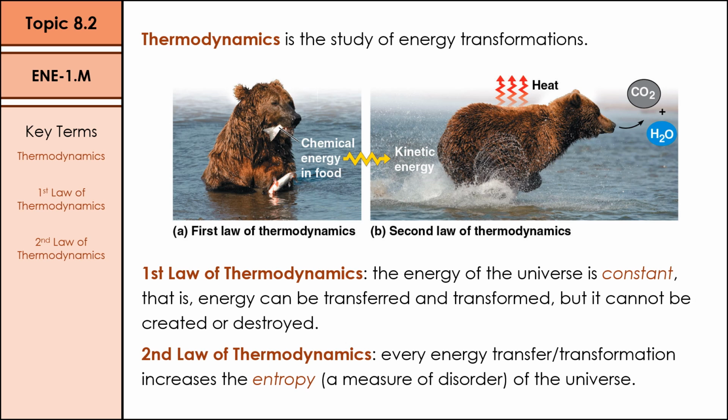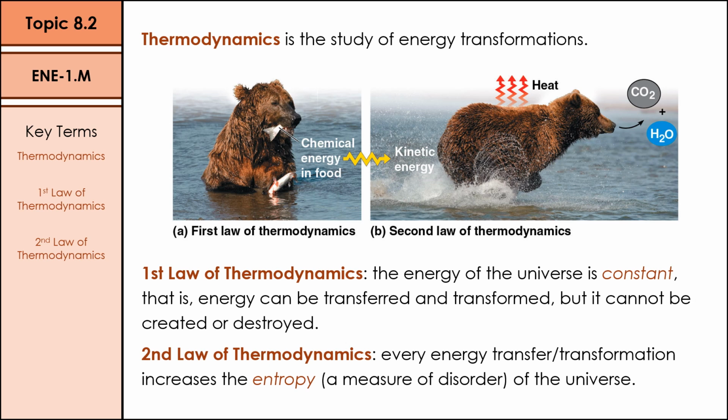So the first law of thermodynamics essentially states that the energy in the universe is constant. So all of the energy that exists continues to exist. We won't get into Einstein's theory of general relativity in here. So energy itself can be transferred. We can go from one form to another. So we can take something like chemical energy in our food, and we can transform it into kinetic energy, so movement. We can take the energy that we get and we can use it to do things. But that energy cannot be created or destroyed. Instead, it may be lost as less usable forms like heat, so thermal energy, which leads us into the second